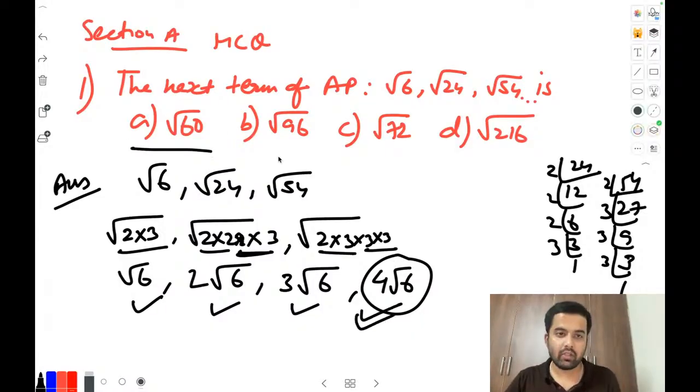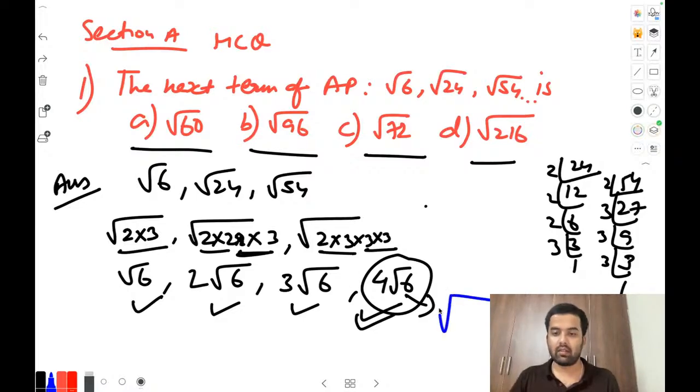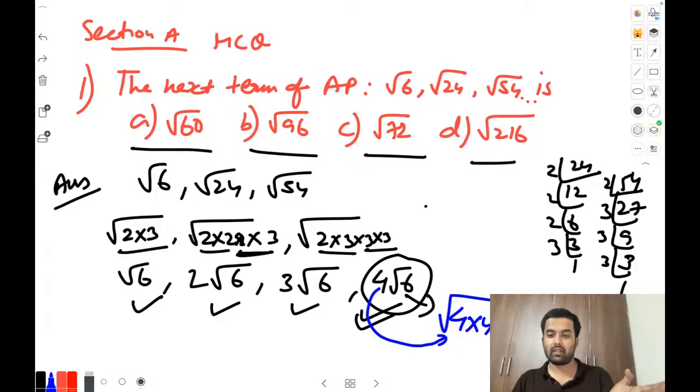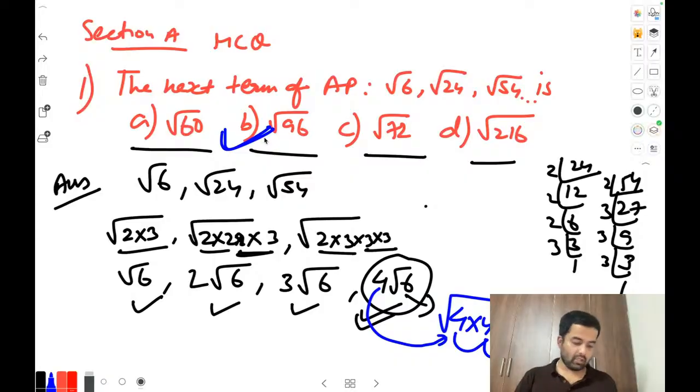But in the option, we don't have any 4 root 6 and all. So how to get the answer of that one? 4 root 6 stands for what? Let me write. Which means we have a 4 into 4 also. For this 4, actually they had taken out outside. And root 6 stands for 3 into 2. So 4 4s are 16. 16 3s are this, and this and this. This will become root 96, which means option number B is the correct one. Check this out. Is it okay to understand?